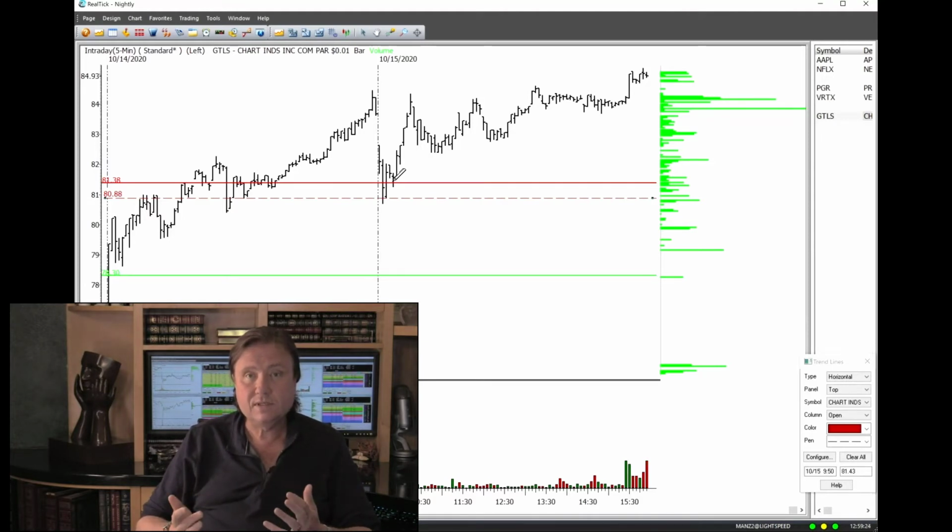We expected to see resistance there, but we had a good question in the room about timing the exits. So you asked whether or not a moving average crossover, a 3-period simple moving average and an 8-period maybe, would be a good way to time an exit. It turns out it is. It's a pretty good